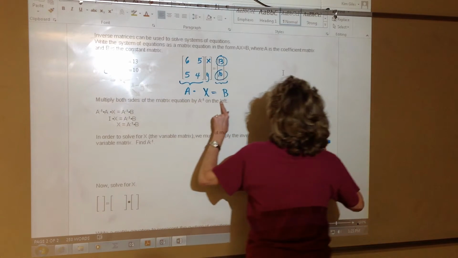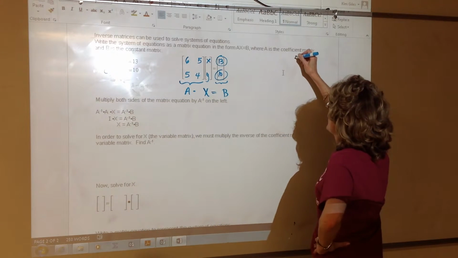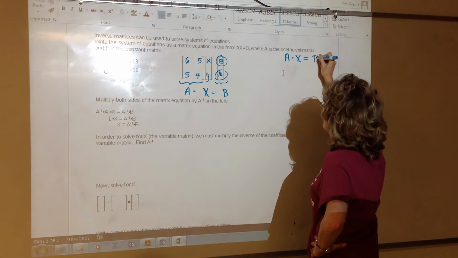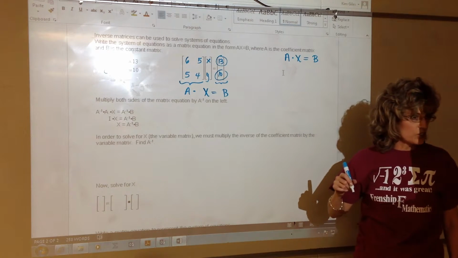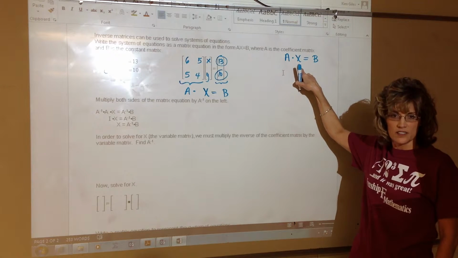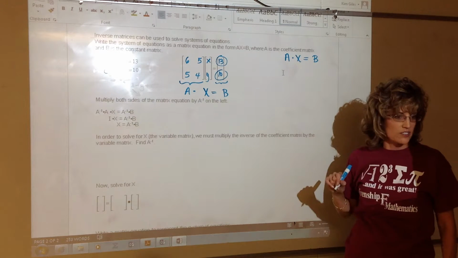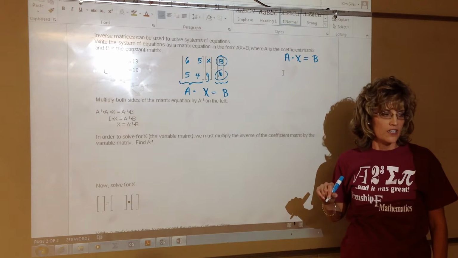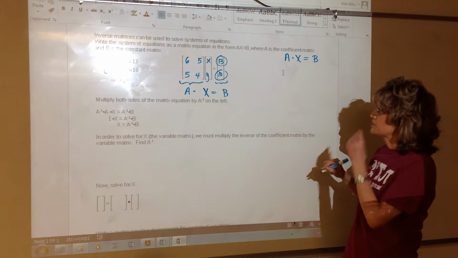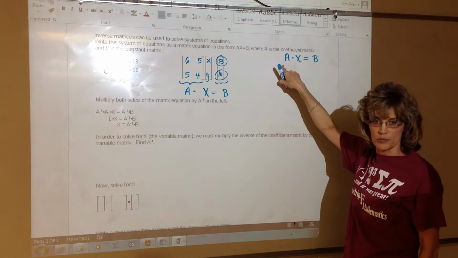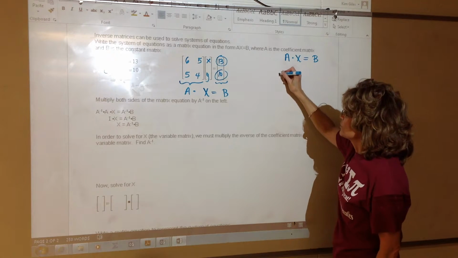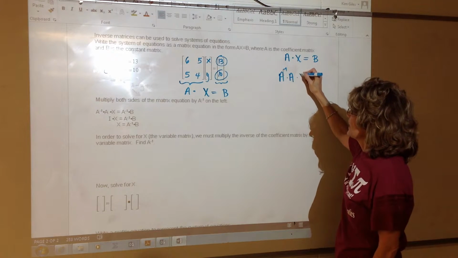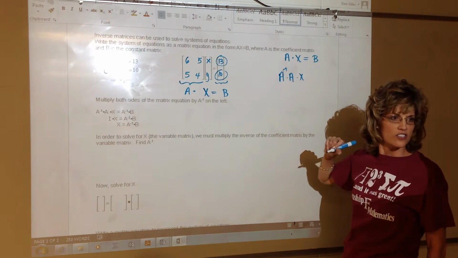So let's talk about this for a minute. Remember, this is not just any old algebra equation. This is a matrix equation. So A times x equals B. If this were just a plain algebra equation, you'd tell me to solve for x, divide by A on both sides. However, remember this, we don't divide with matrices. So we have to go with another plan. Our other plan is to remember, if I multiply A inverse times A times x,